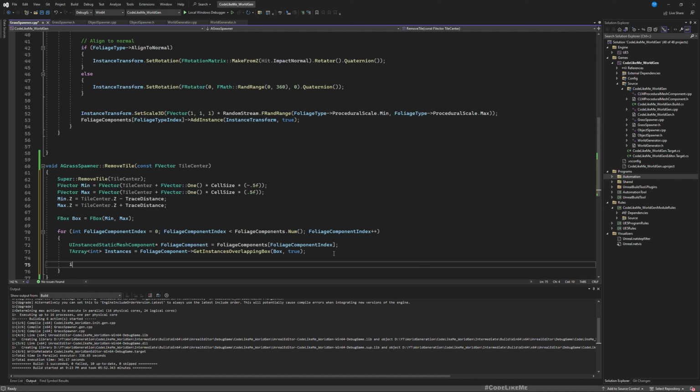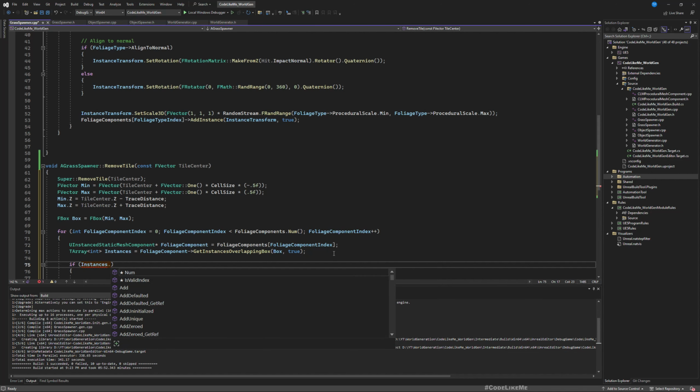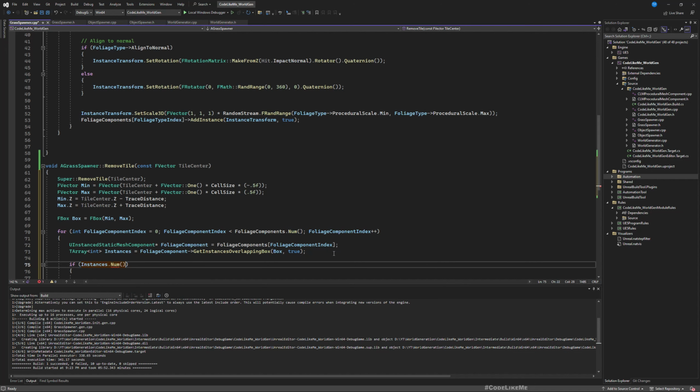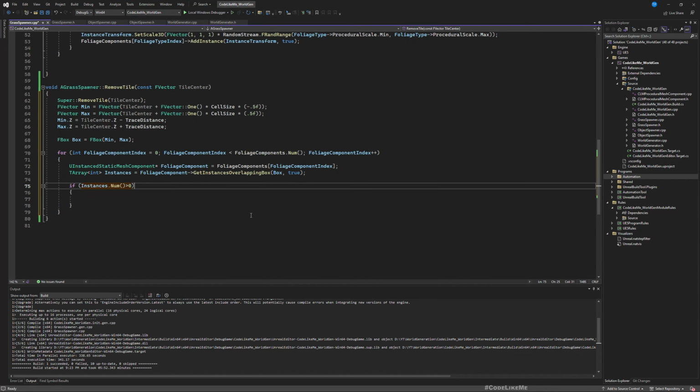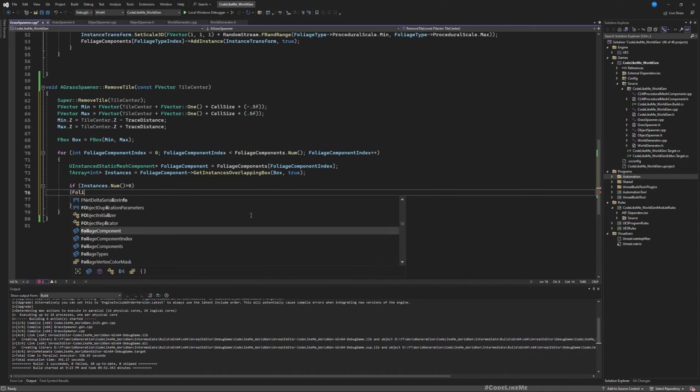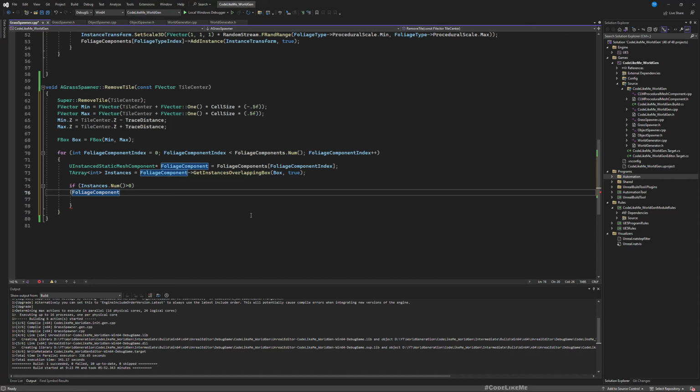But for now, let's just simply remove them. If instances dot num is larger than 0, because we need to make sure we got some instances before we try to remove them. So if we got any elements here,